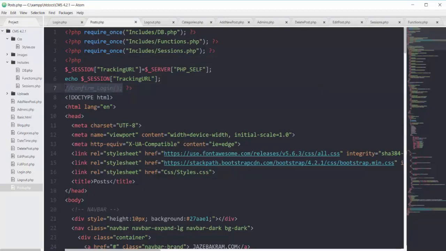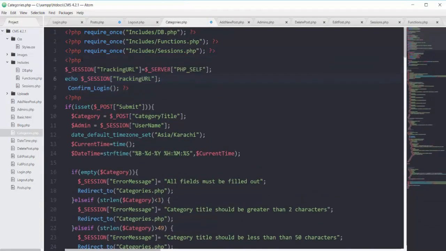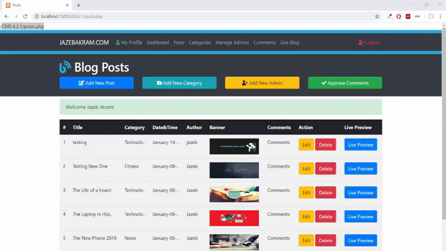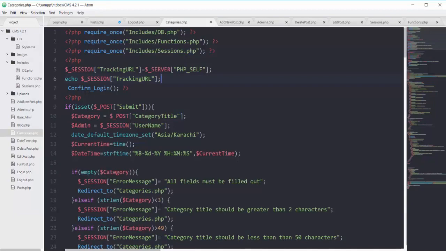If I uncomment my confirm login and put the same thing in another page, for example in categories.php, and browse this page of categories, see, now we have categories.php in this variable of session tracking URL, which is using the server super global of PHP_SELF. So let's comment this echo statement.